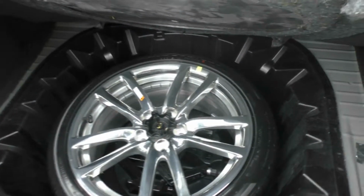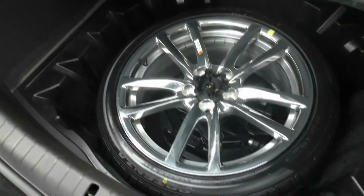Got plenty of space in there that the Commodores are known for. And just lifting this up, have a look underneath. You do have a full-size spare in there as well that hasn't been used. It's still got the stickers on it. Closing this up,